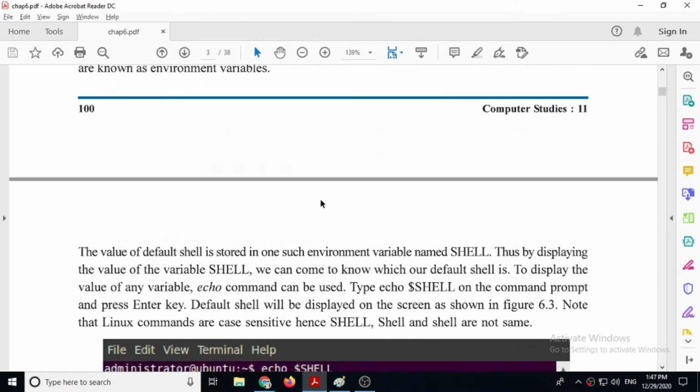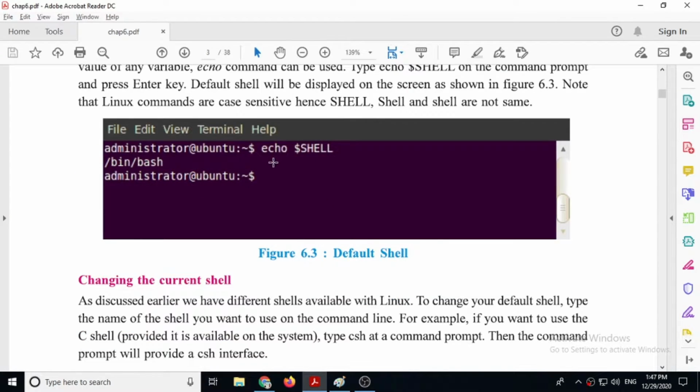Same way, another command we saw is echo. Remember, echo is a command and the echo command is used to print something on screen. Here shell is a variable. Remember, this is a Linux variable. It means this variable is created by the Linux operating system and this is known as an environment variable. There is a verbal rule that whatever variable we create, we have to give the variable name in small letters.